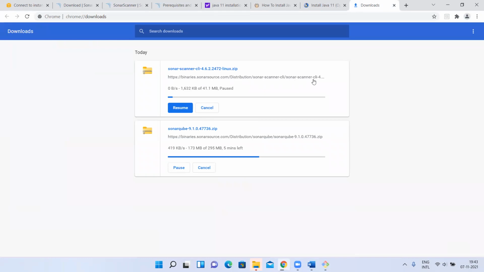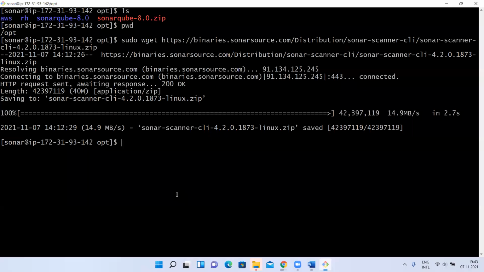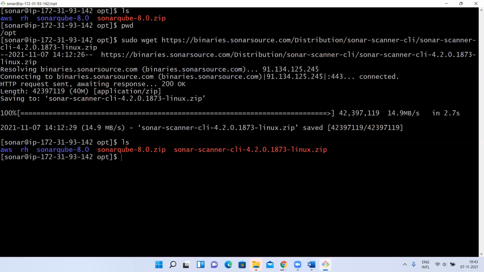You can copy this URL and use wget to download. I already have it here. I already downloaded it using this command, sudo wget with this URL. So here it is. As it is a zip file, let me extract it. Unzip